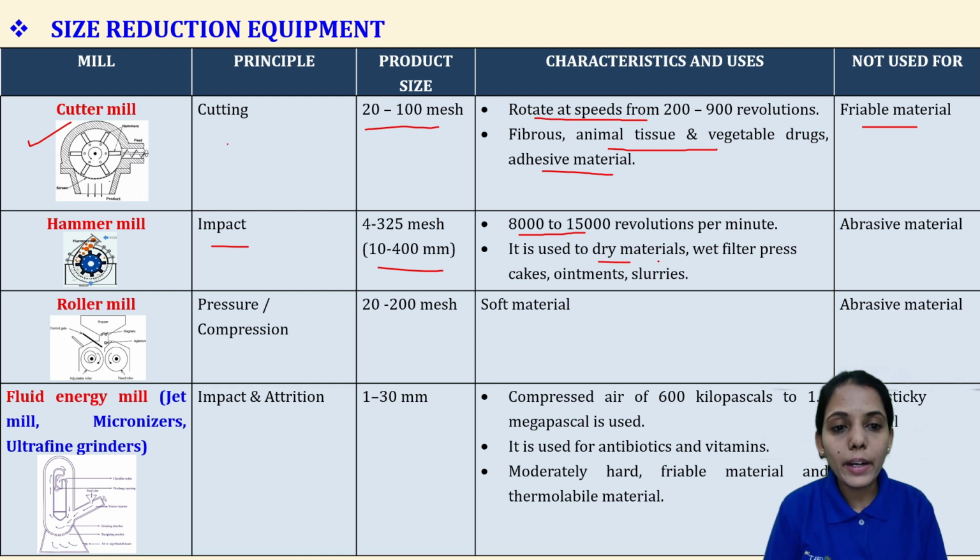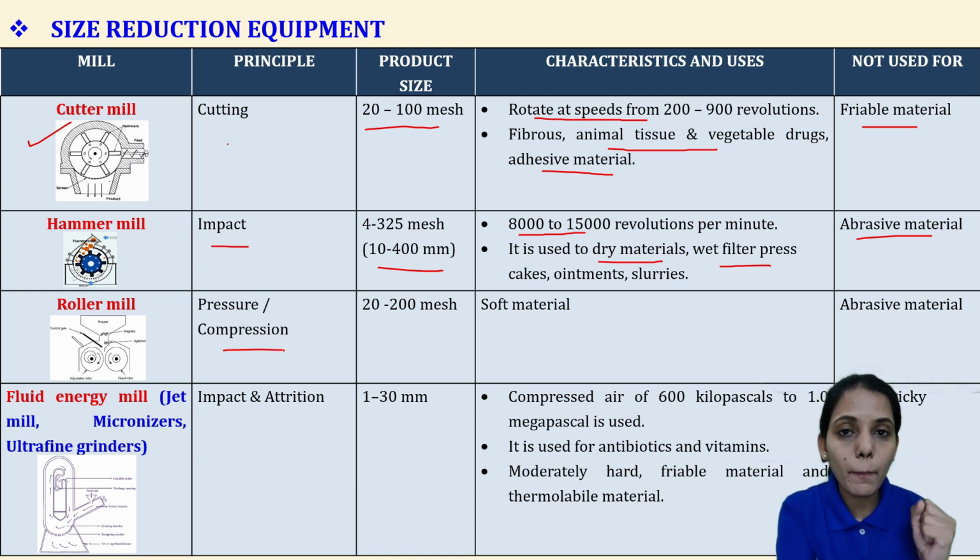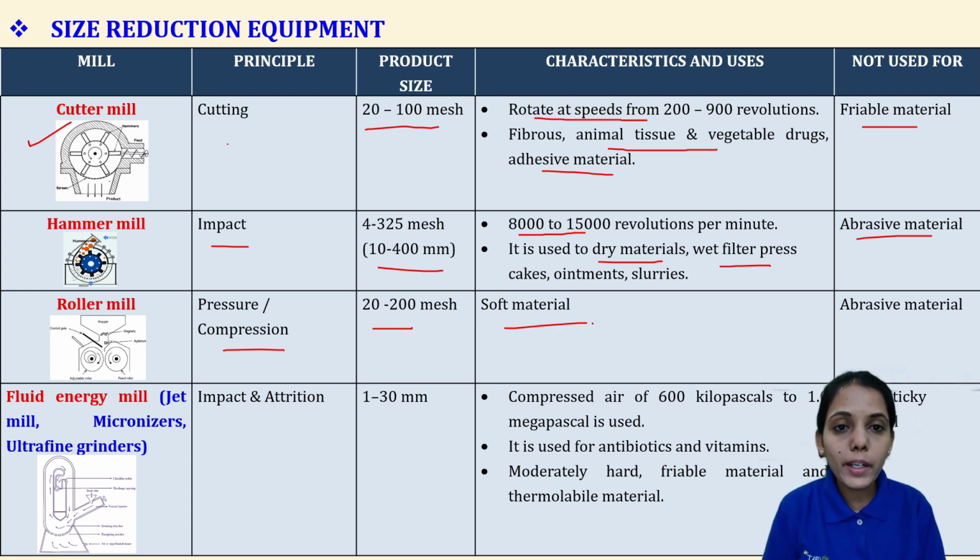It is used to dry materials, wet filter press cakes, ointments, slurries, but it is not used for abrasive materials. Next is roller mill. Roller means it works on the principle of pressure applied between two rollers; the material will be compressed between the rollers. So it is compression. 20 to 200 mesh soft materials can be easily size reduced using roller mill,